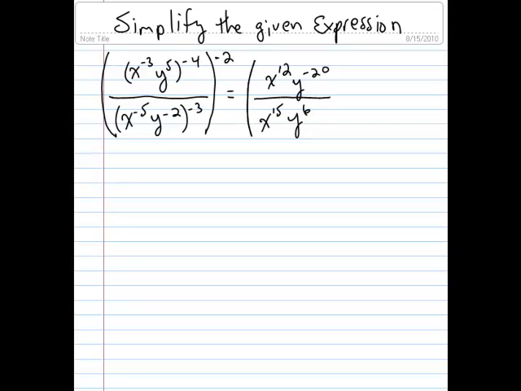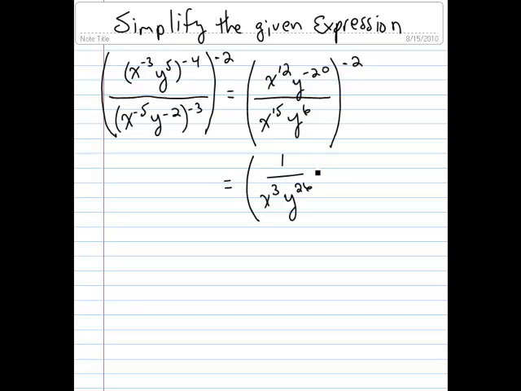Okay, and we're still raising to the power of negative 2. Okay, so let's go down and look. Can we simplify inside? I believe we can. So we're going to get x to the 12th over x to the 15th is going to leave me with 3 x's on the bottom, so x cubed on the bottom. And y to the negative 20th is going to go downstairs and leave me with y to the 26th on the bottom. So we get 1 over x cubed times y to the 26th,